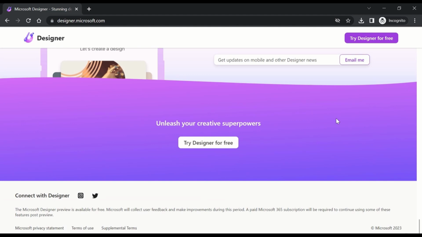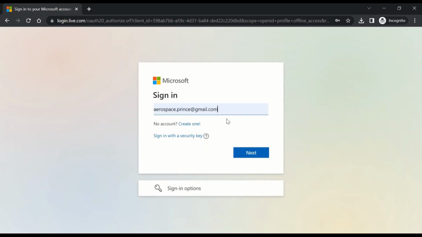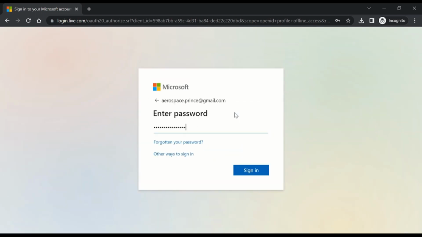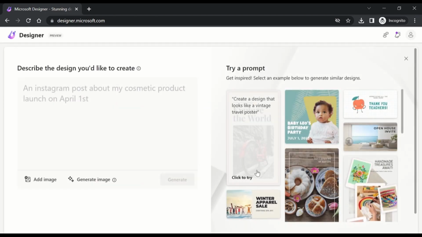So, how do we begin? We try Designer for free and we sign up or sign in using a Microsoft 365 account. And we click over here. It asks for my email that I already have for Microsoft, and then I stay signed in. Okay, that's it. And that's the only thing you have to do to reach here, which is the Designer homepage. So simple, so easy to get started with